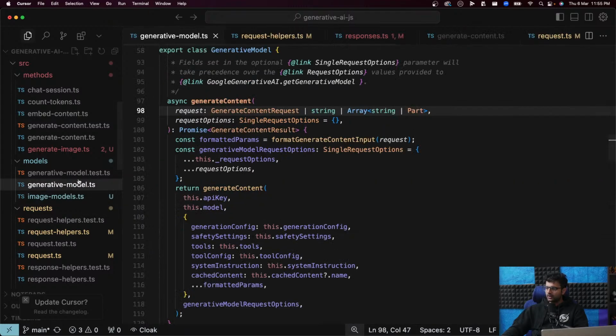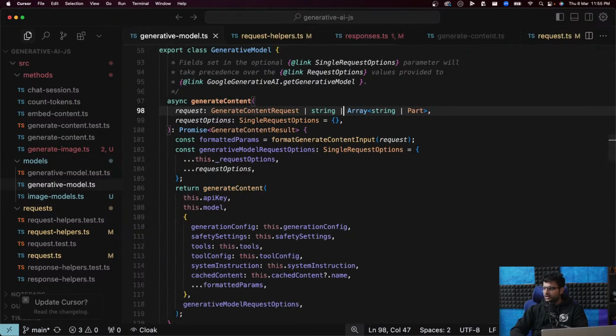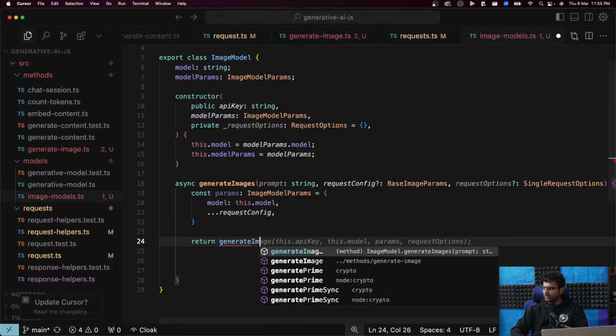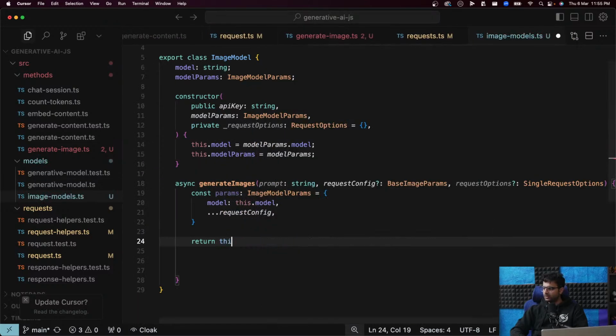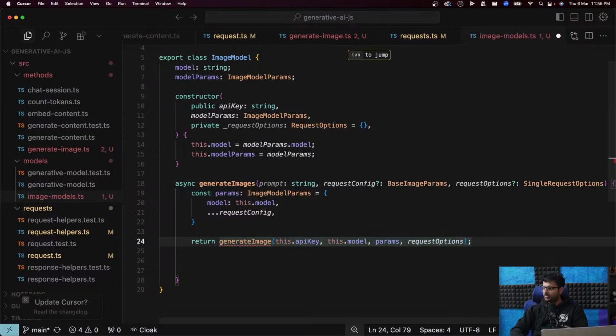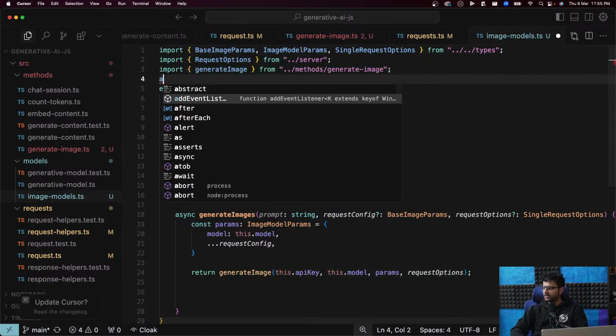Or sorry, ImageModel.ts. And here we can simply do return generate image, not this.generateImage, which hopefully comes from the right place, methods. Yeah, it comes from the methods.